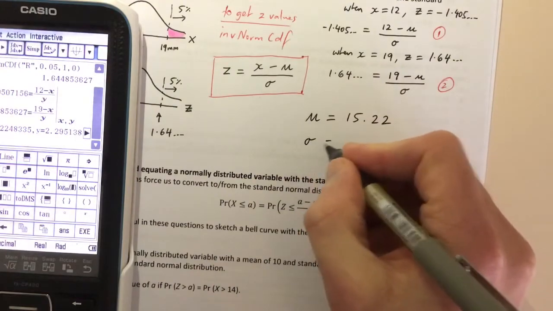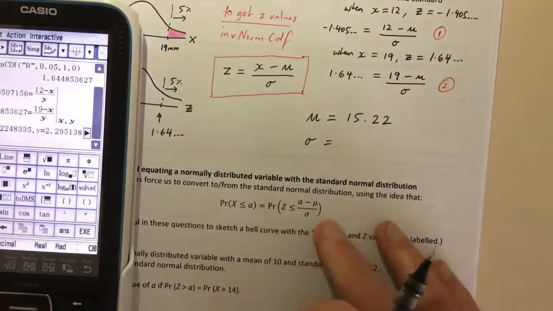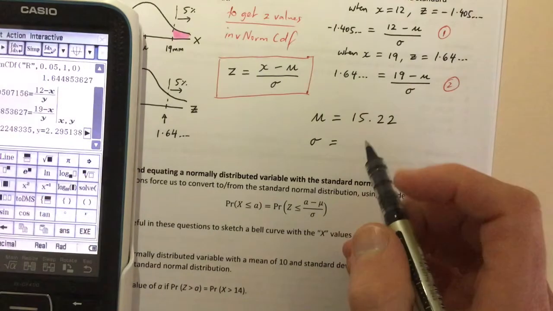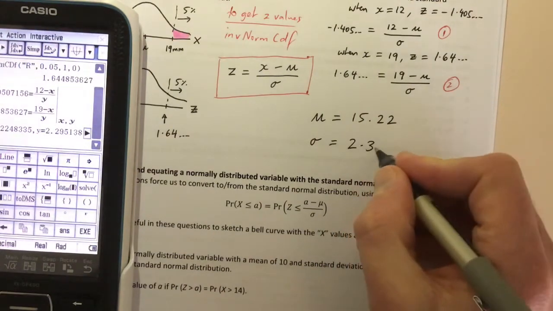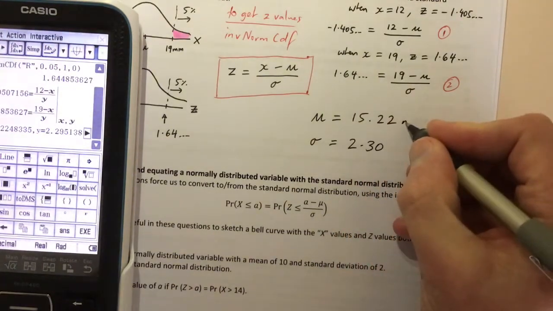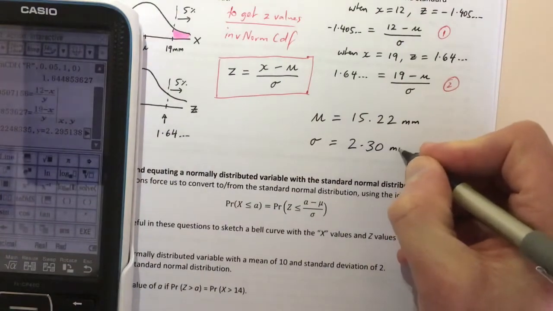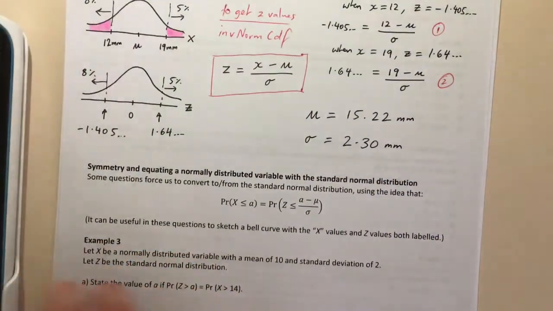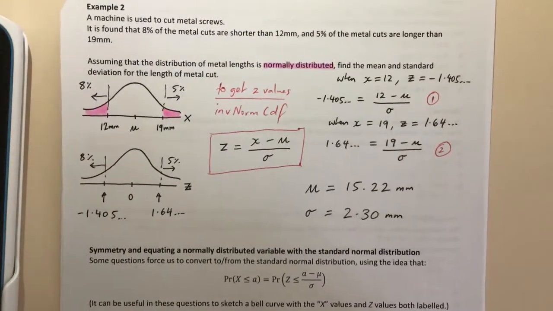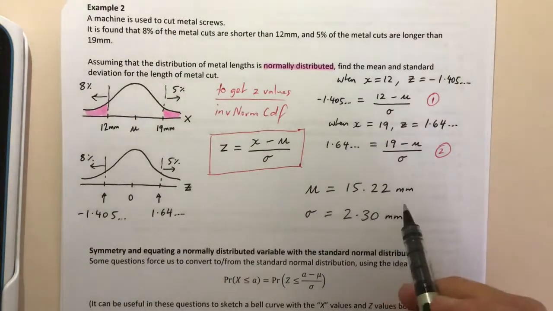I keep forgetting to write what to round to, so let's just go 2 decimal places. And the standard deviation is 2.295, so that would be 2.30. And both of these would actually have units of millimeters. Okay, so in this particular question, the average length of these metal screws is 15.22 millimeters with a standard deviation